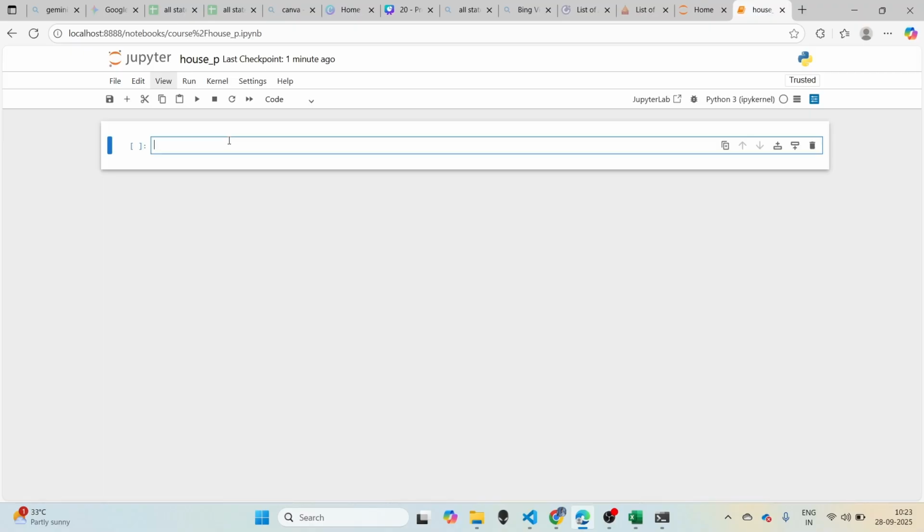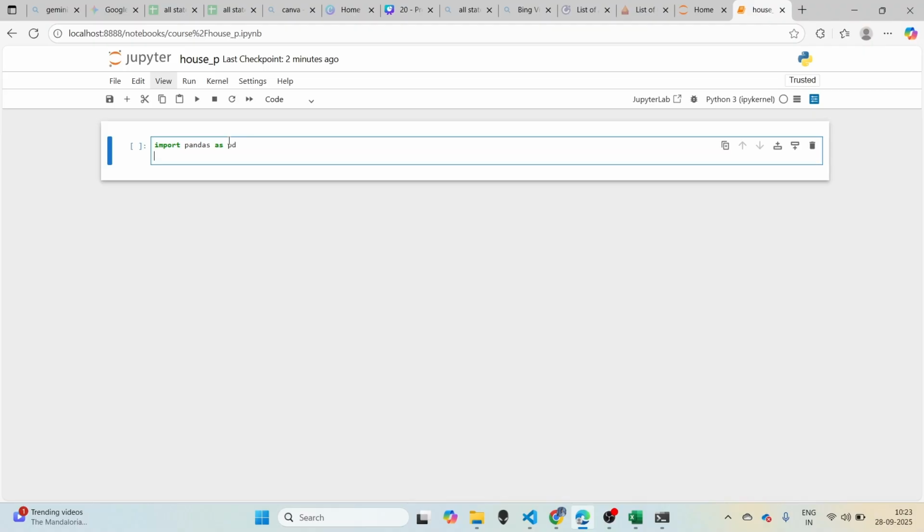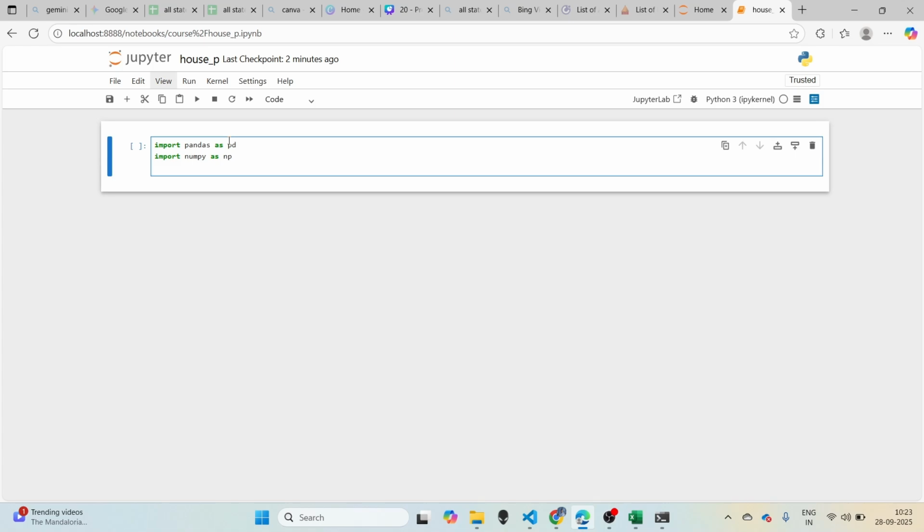So, first we will import pandas as pd and import NumPy as np. We had already learned about these two libraries. So next,